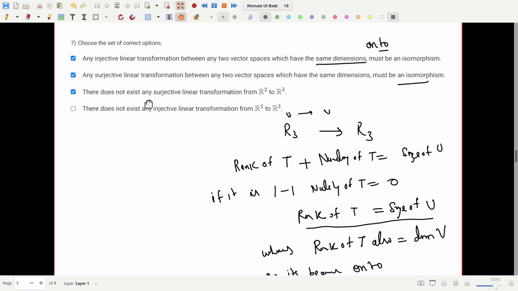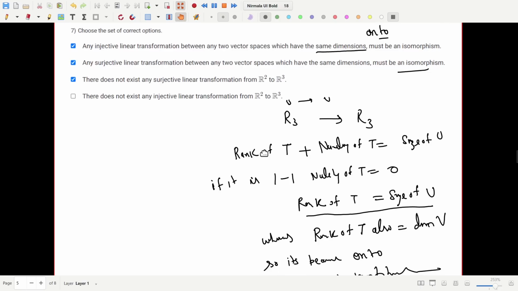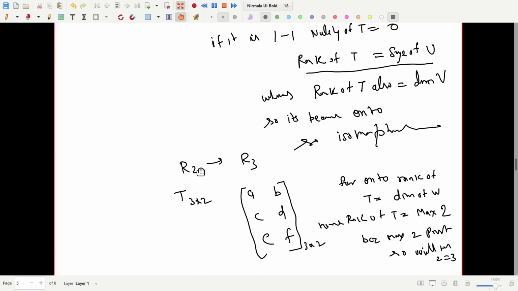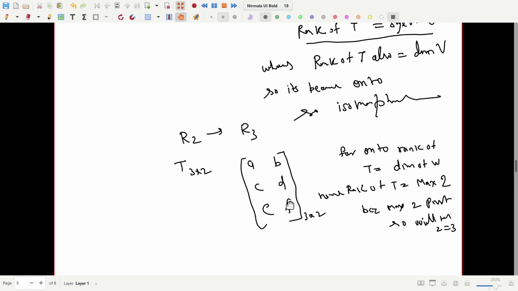And there does not exist any surjective linear transformation from R2 to R3. A surjective linear transformation from R2 to R3 is not possible, because if T is a transformation from R2 to R3, then the transformation matrix will be 3 cross 2, and a 3 cross 2 matrix has a rank of at most 2, because at most 2 pivot entries are possible. So the rank of T should be at most 2, and for the onto condition the rank of T should be equal to